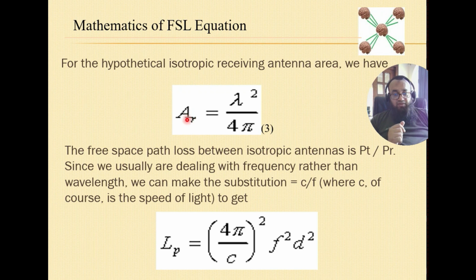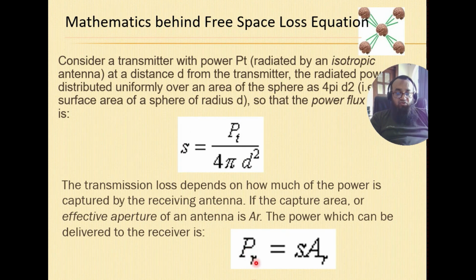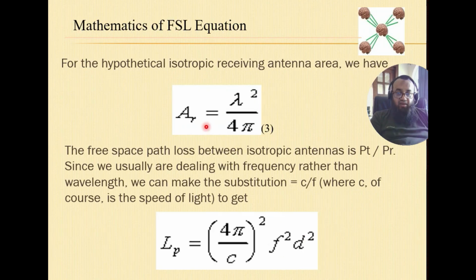So now we know this is the received power PR, and this is the transmit power PT. These two are connected to each other through this S. If we put PR here, and in place of S we put this value PT AR over 4 pi d square, and then we put AR in its own value, lambda square over 4 pi, and we just substitute everything,